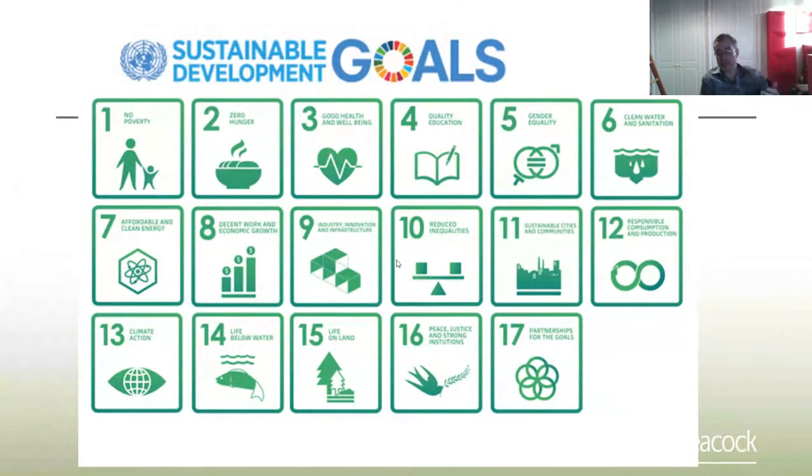And so we're aligning ourselves as a business with the Sustainable Development Goals. The UN Sustainable Development Goals are a list of goals that if we can drive towards those goals, then we, and therefore the society that we can influence, is also sustainable.